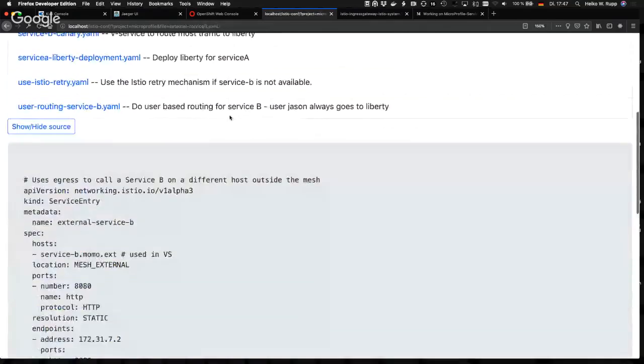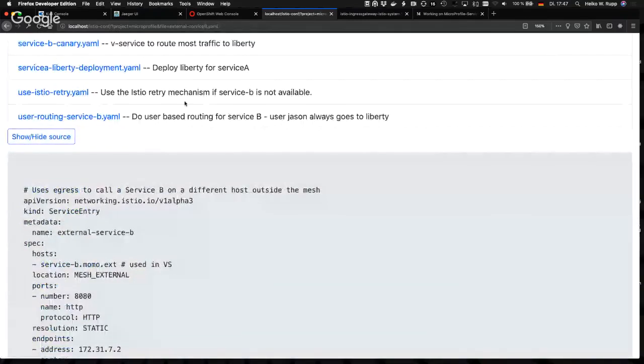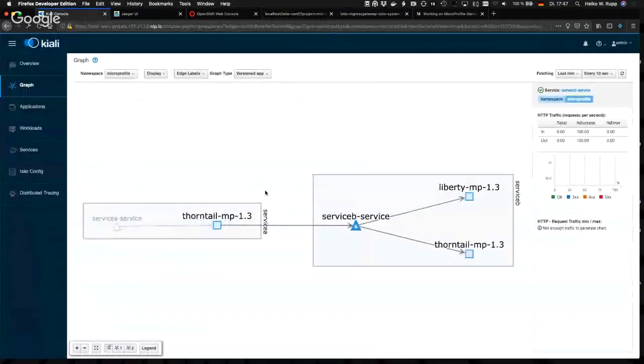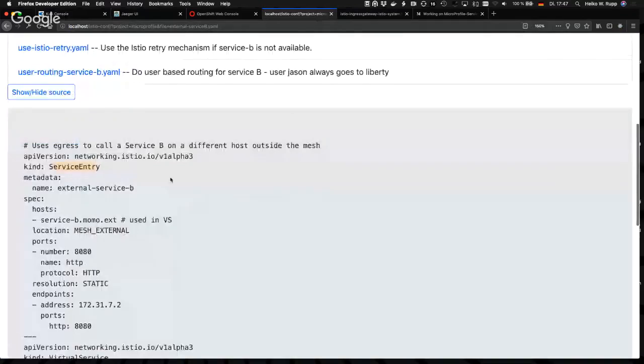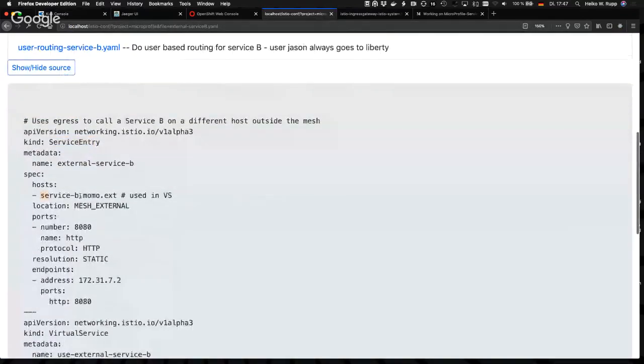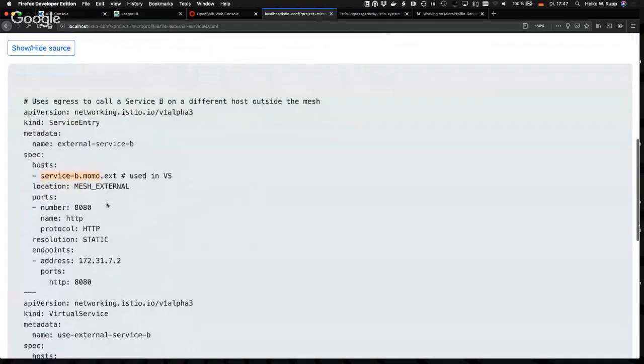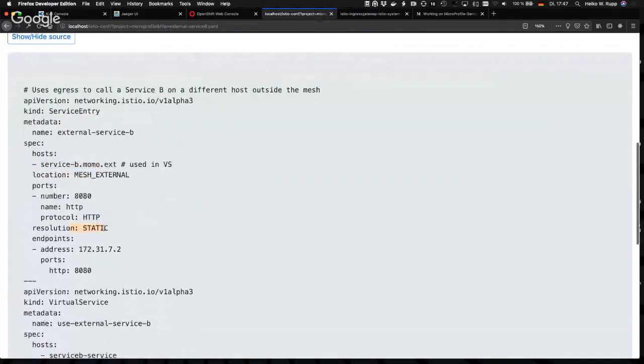So we have had these services, service A and B, here inside our mesh, inside our Kubernetes cluster, but sometimes it's also needed to call out to other services outside of the mesh, something like Google or your whatever database server. And there's the possibility to define so-called service entries in Istio. You specify a host name that's also used down there. Either when you do static resolution, you provide the endpoint address yourself. Otherwise, there's a DNS name taken.